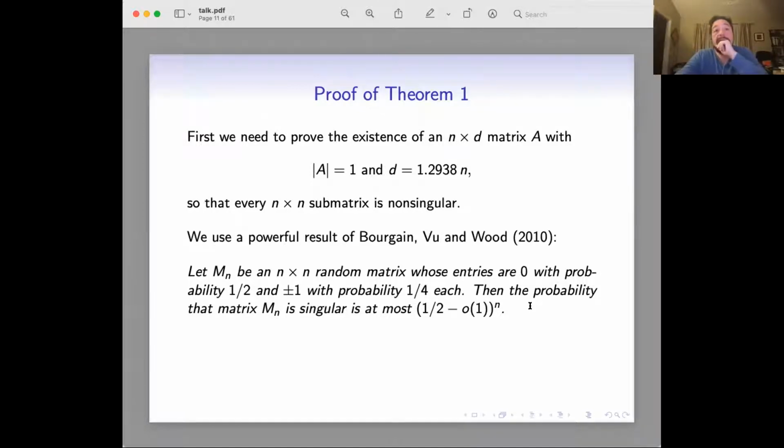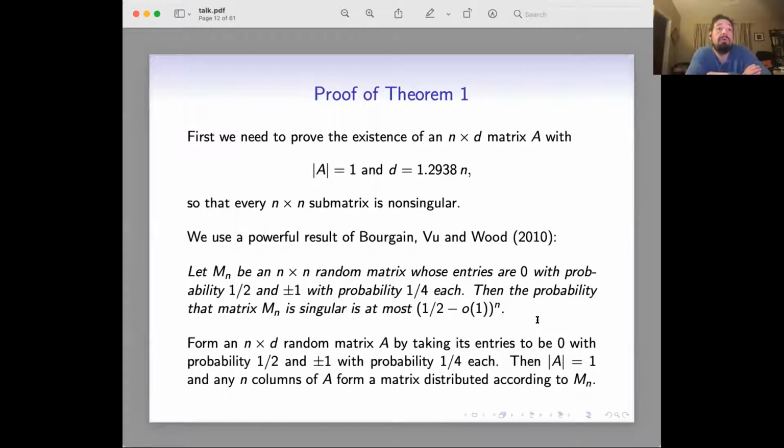Now, I should say that since then, there was actually a stronger result in this direction. I believe Tikhomirov proved that the same is possible, picking 0 and plus and minus 1, each with probability 1/3. But for our purposes, this is actually good enough. Okay, so,